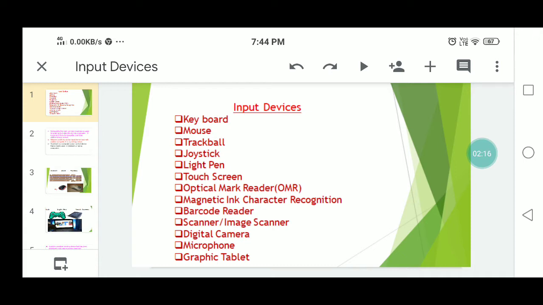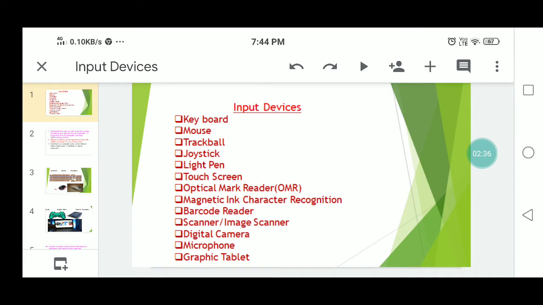The keyboard is the most common input device that is used for entering text data directly into the computer. The most commonly available computer keyboard has 104 keys.